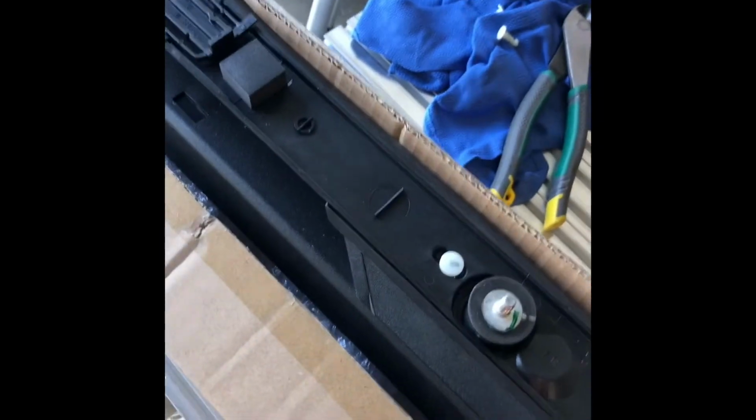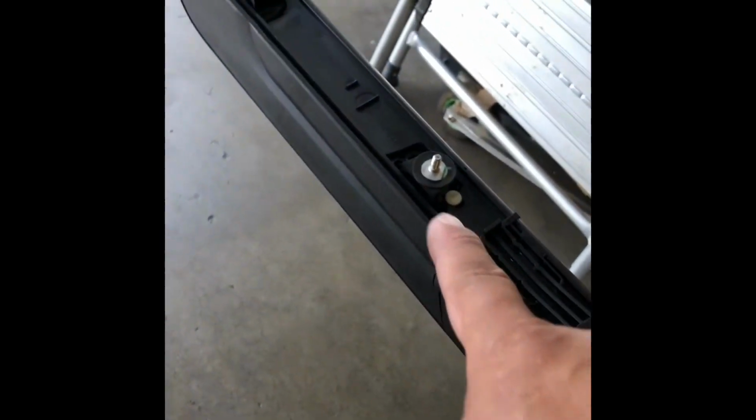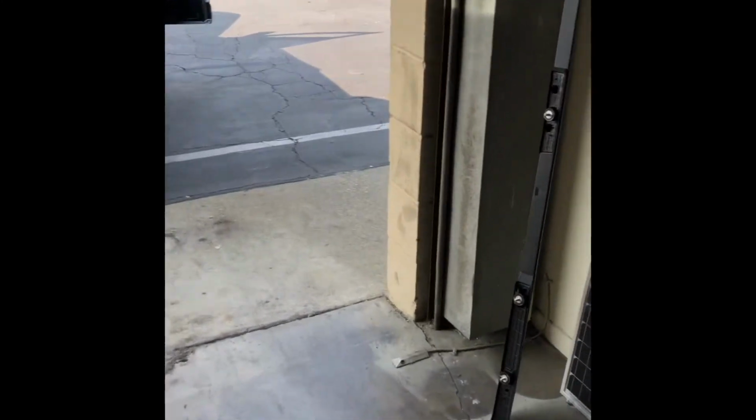So what you're gonna do next to this factory rail, you need to remove these white tabs. There's 1, 2, 3, 4, and 5. Once you remove all the tabs, the rail should come off like that. Okay? Once that is out, you're gonna see here's the plastic trim